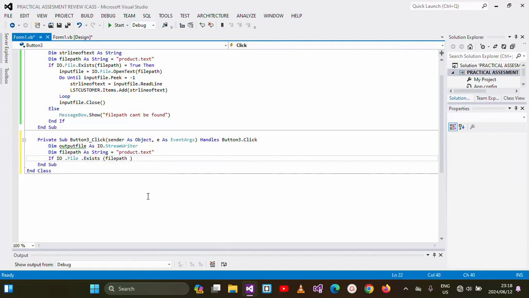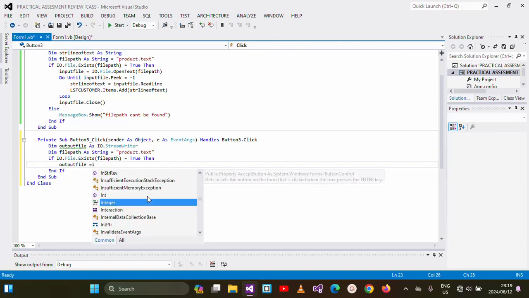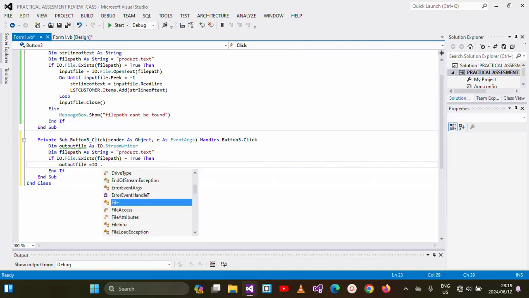File path assigned to true. It has to be true. Then our output file. Output file has to be assigned to IO dot